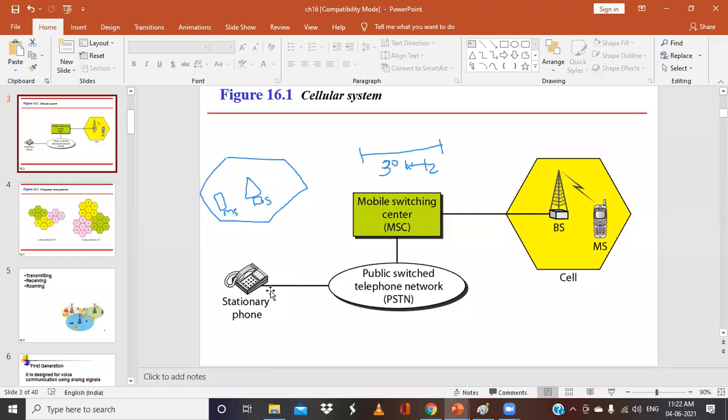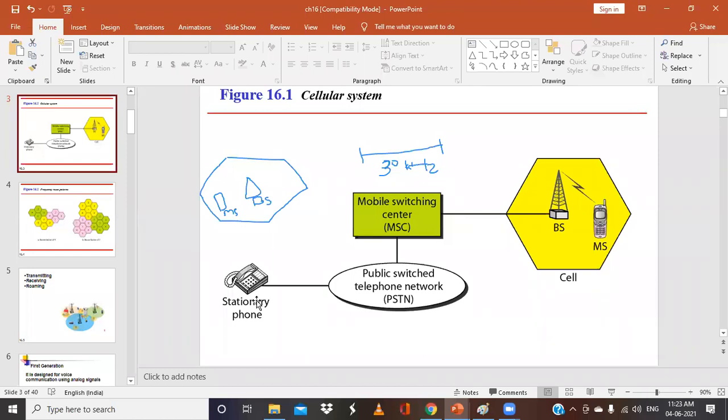Dial a number. Exactly. So to place a call from a mobile station, the caller dials a number. That can be a 7-digit number if it is for a stationary phone, or it can be a 10-digit number for a cell phone, and so on. Again, it depends on whether you are calling locally or calling other cities, and so on. So you'll have that code, 0831, 0836, and so on. According to that, you will dial the number.